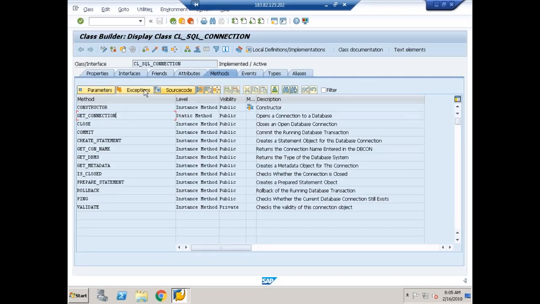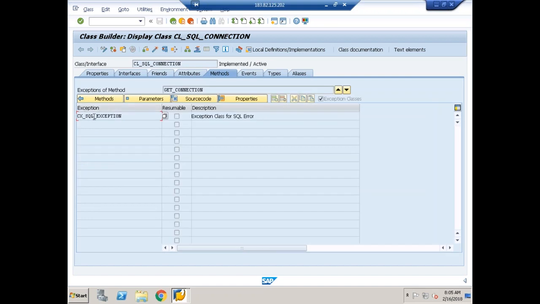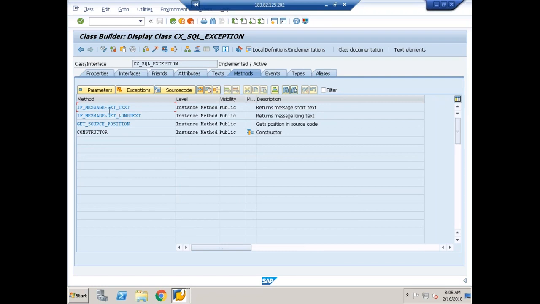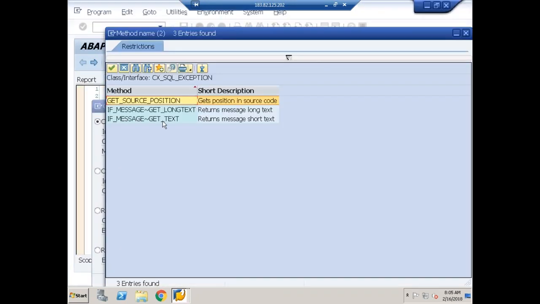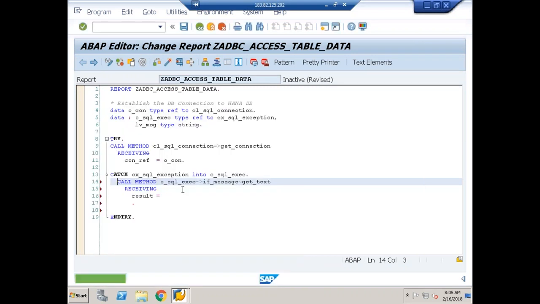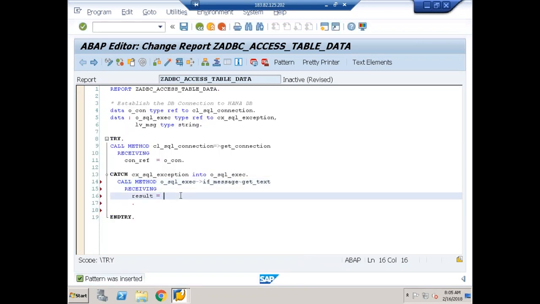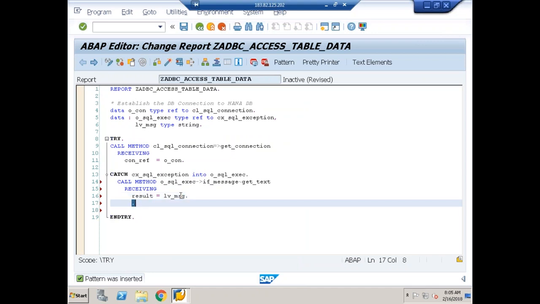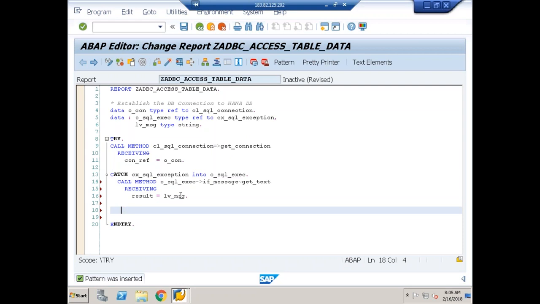So if you see this, it might raise exceptions from this class. This class contains two methods, get_text and get_long_text. Get_text is not a direct method, it is part of an interface. I'll call this method get_text, done. It returns a string. I'll receive it in my variable lv_msg, done. And here I'll flash the message. So here I'll simply say message lv_message, type